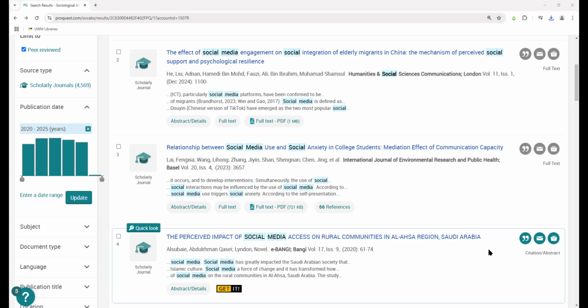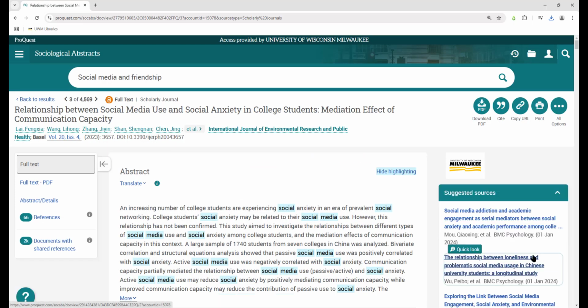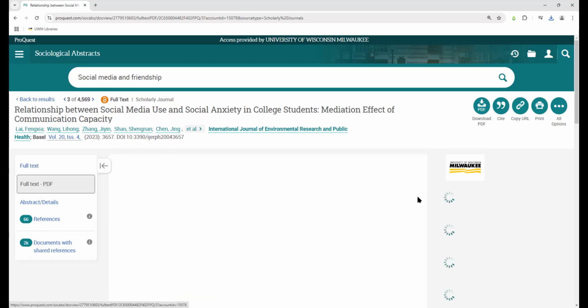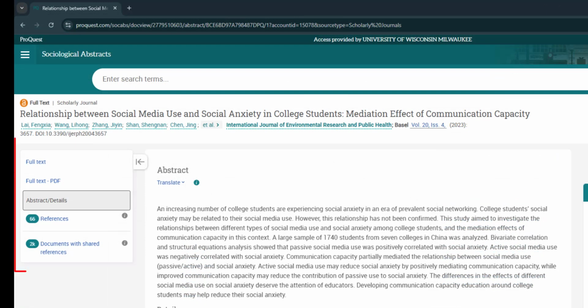When you find a useful source in your search results, your next step is to locate the full-length version of the source that you can read. This is referred to as a full-text source. In a library database, the access options for a source are usually located on the Abstract and Details page. Each database is different, but if the full-text source is available, you'll be able to get it by selecting a